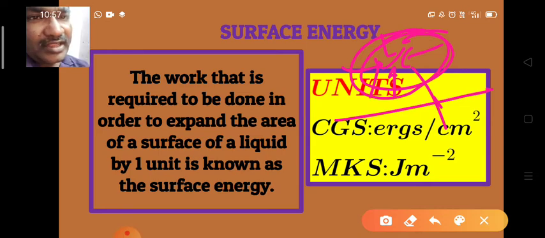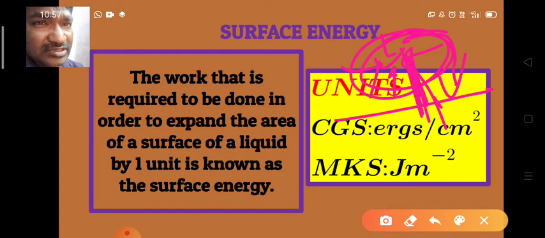So that energy or that force, here we are taking in the general sense. Actually, there are two different terms. So here it is called the surface energy. Here we have to use some amount of energy or force in order to break this spherical shape and convert it into the linear shape. So such energy or force here is called the surface energy. Now it is defined standardly like this.